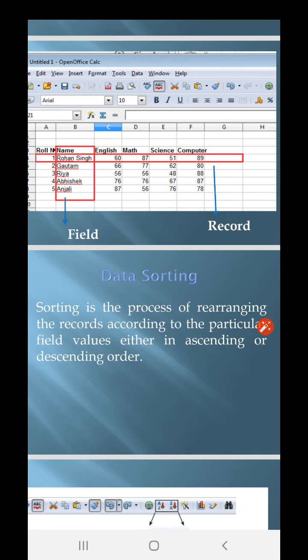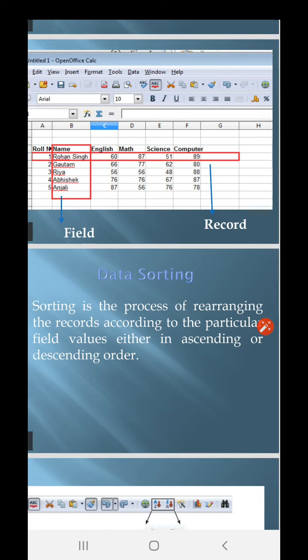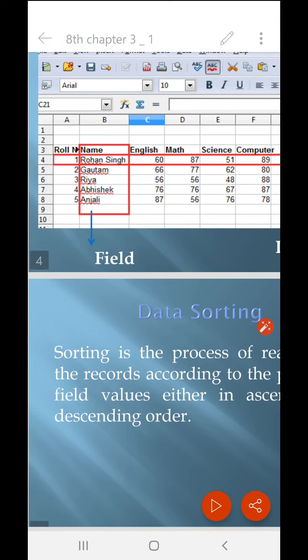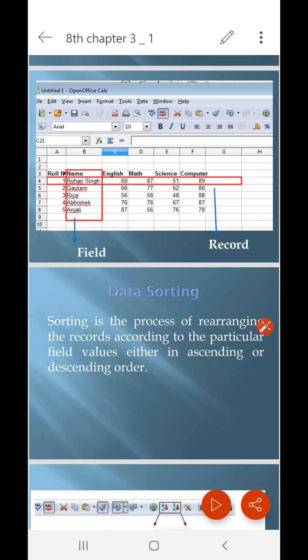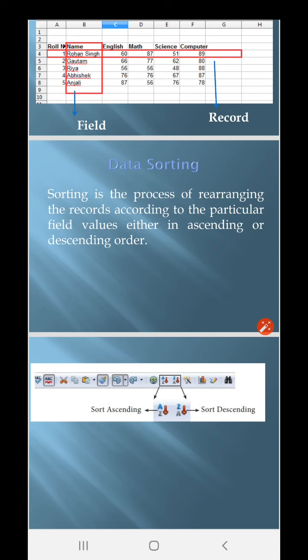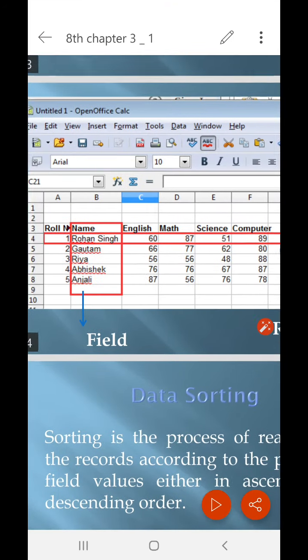Now, data sorting. Sorting means arranging in a particular order, whether ascending or descending. So in the computer we can do sorting in OpenOffice Calc. Sorting is a process of rearranging the records according to particular field values, either in ascending order or in descending order. This is your OpenOffice Calc,